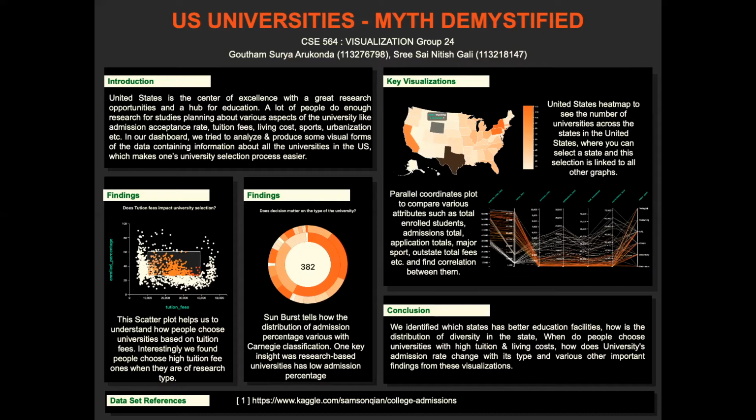Personally, being an international student here, I have done enough of these things while planning my higher studies. Given a considerably large number of universities in the United States, I felt like having some visual form of this data would be really helpful. Moreover, the attributes which I have described earlier are mostly numerical and require some visualization for better understanding. The main problems associated with this decision making would be like average total cost of education, geographical location of the university, percentage of admits issued from among the applications, degree of urbanization, etc. So I got intrigued by all these things and chose this dataset to work on.